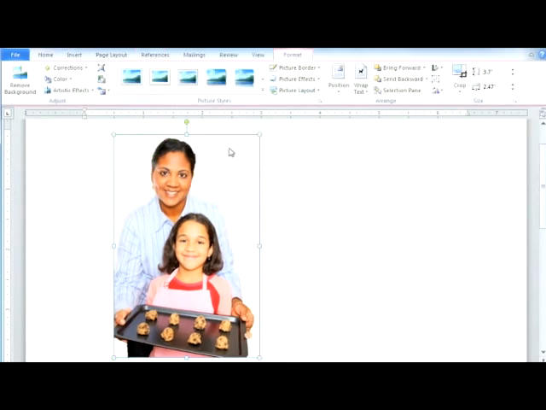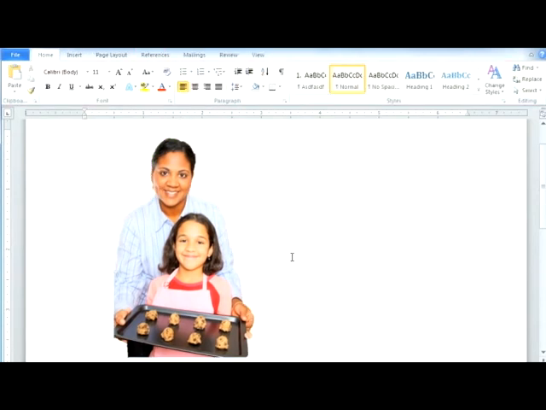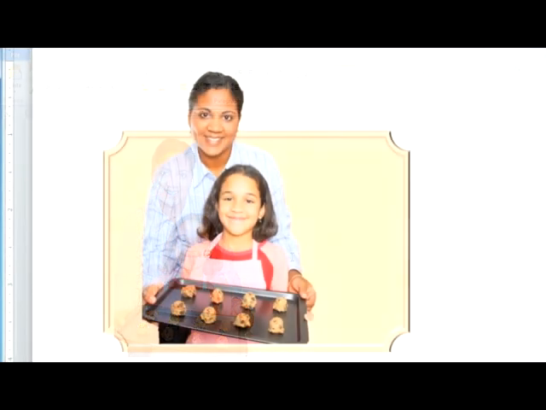And that's it. Since the background has been cut out, anything that's behind this picture will now show through. So if you want, you can give it a new background by putting a shape or picture behind it. And at any time, if you see something that you've missed, you can always edit the picture again by clicking on it and going back